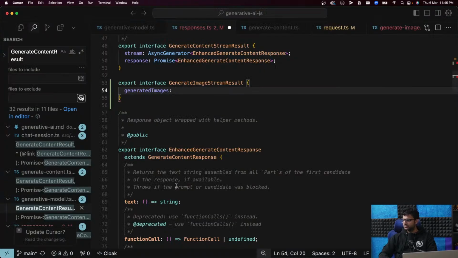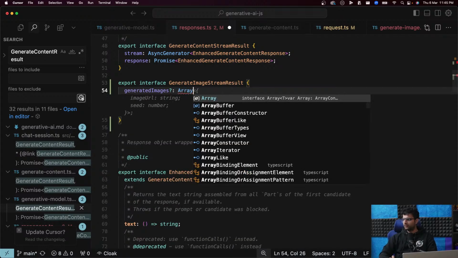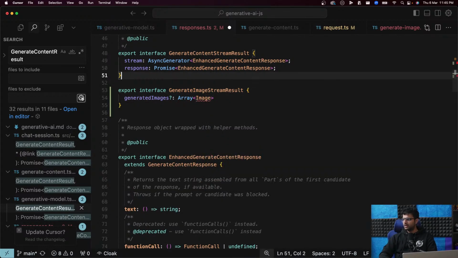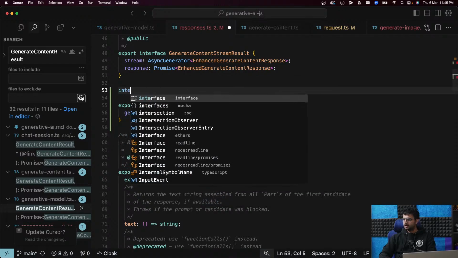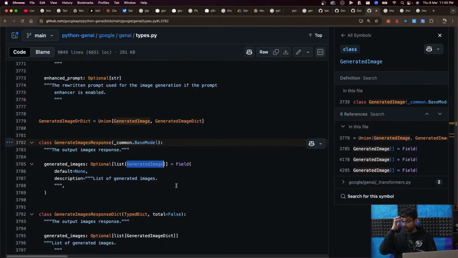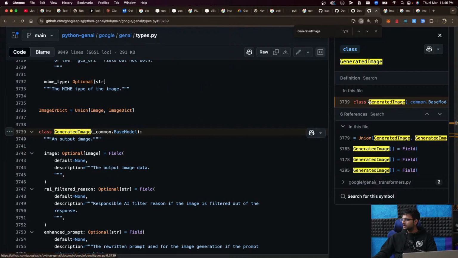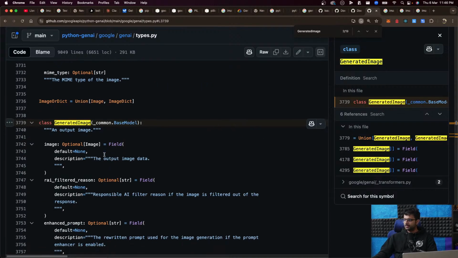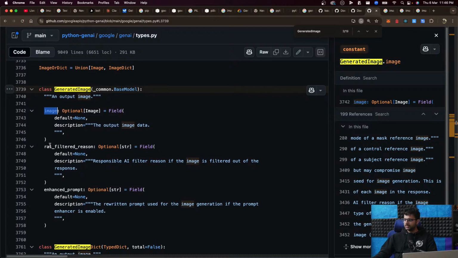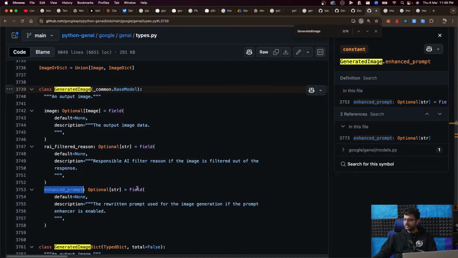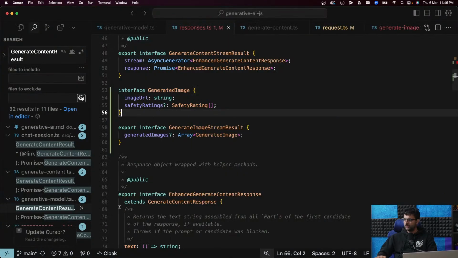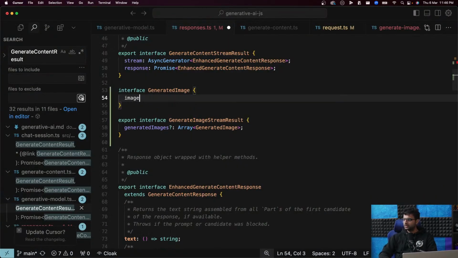All right, so an optional array of images, or let's call it GeneratedImage interface. GeneratedImage, what do you have, sir? GeneratedImage looks like this. It has image, it has RAI filtered reasons, it has enhanced prompt. All three are optional.